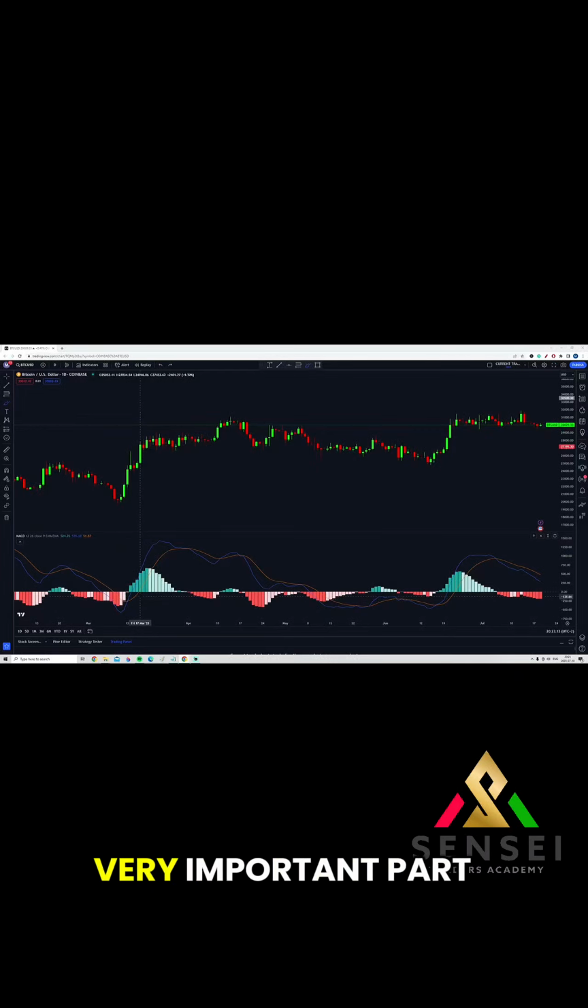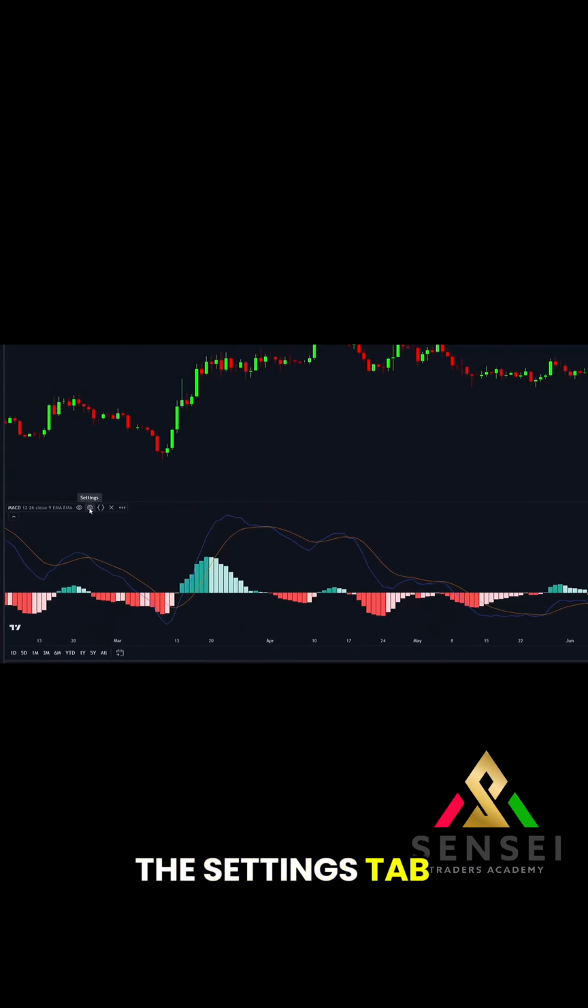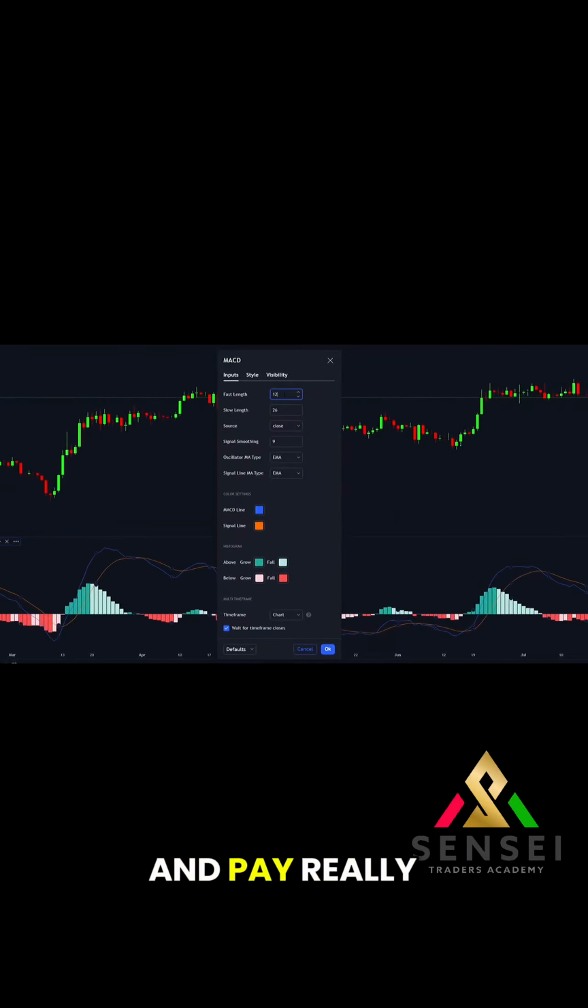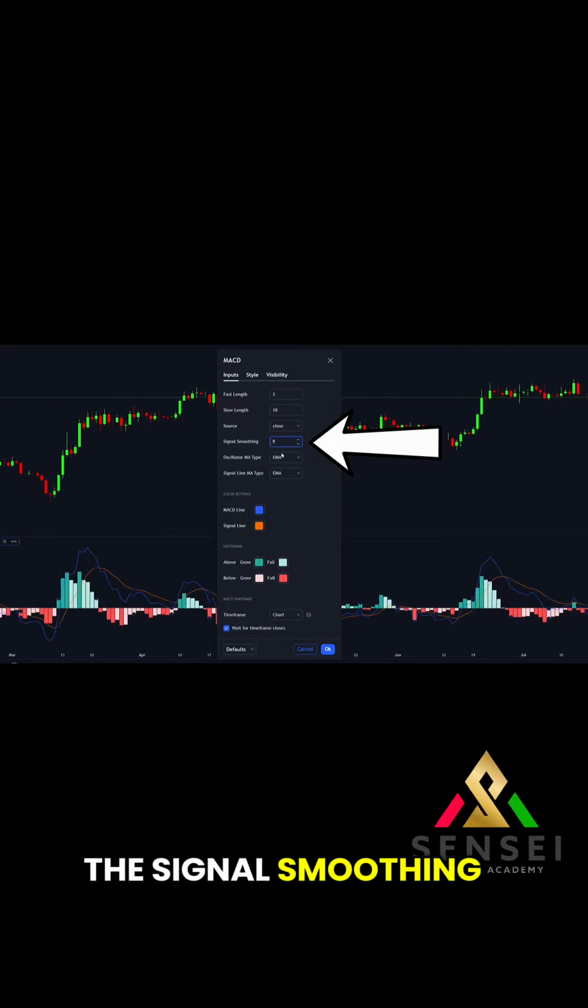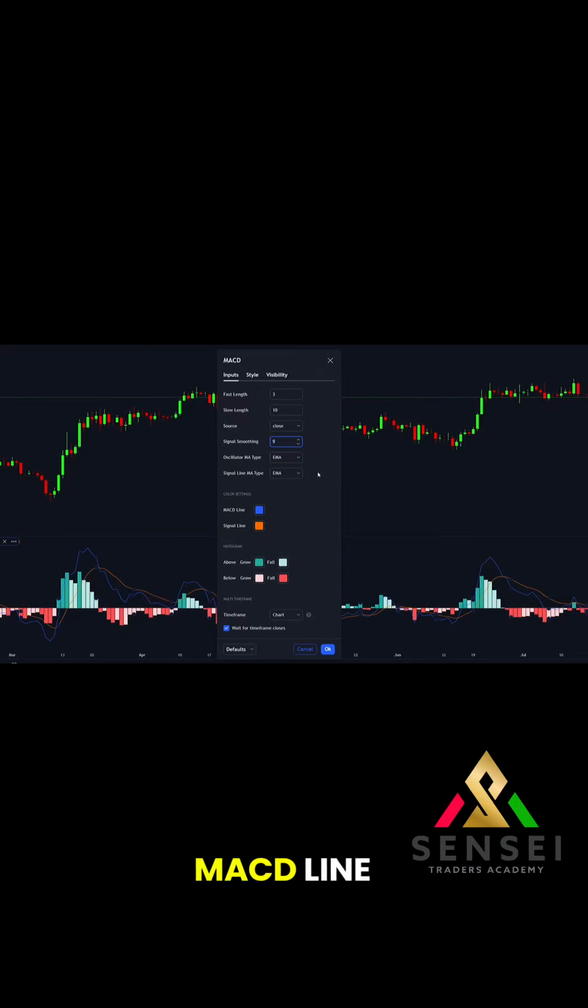And now to the very important part. In order to get the unique MACD indicator, we want to go up to the Settings tab right here and press OK. And pay really close attention now. You want to change the fast length, which is the period of the moving average, to 3. The slow length, which is the period of the longer moving average, you want to change to 10. The signal smoothing, or in other words, the signal line, which is the average of the MACD line, we want